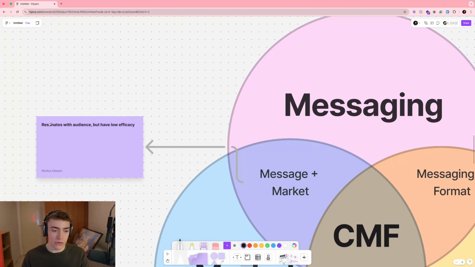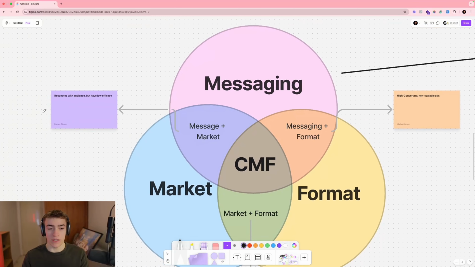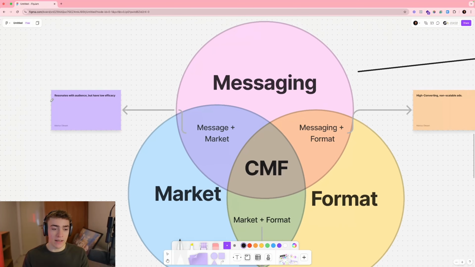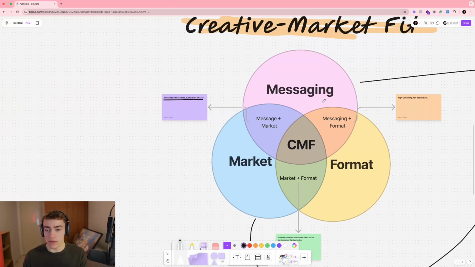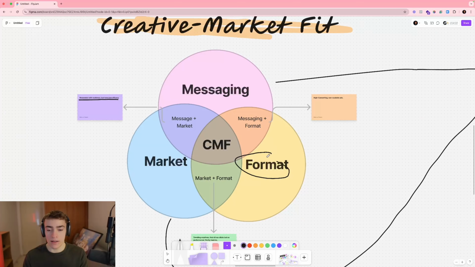But if you don't have a good format for these people, meaning the type of ad you're making, it will resonate with the audience but have super low efficacy. Think about an ad for an avatar who is 40-plus years old, and the messaging is on point, let's say something about back pain, which might resonate really well. But if you're running a TikTok brain rot format that's super organic, extremely fast paced and all over the place, that video will probably not hit with the target audience because the format is completely off.